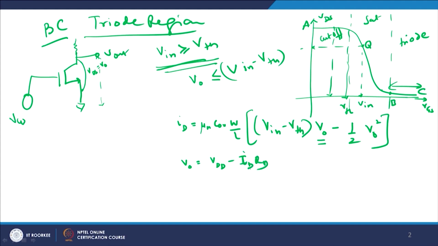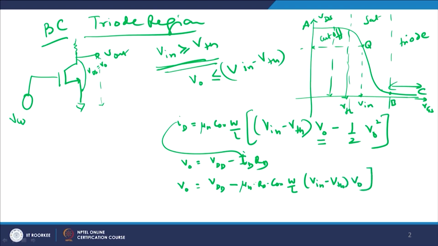RD. So what I do, I just put the value of V0 equals to VDD minus ID RD, I just plug it from here and place it here, and we write it to be equal to mu n, right, into RD into C oxide into W by L into V in minus VTH into V0, assuming that my V0 is very small. So, if V0 is very small, V0 square will be negligibly small, and this can be approximated to be equal to 0, right. For example, V0 is say